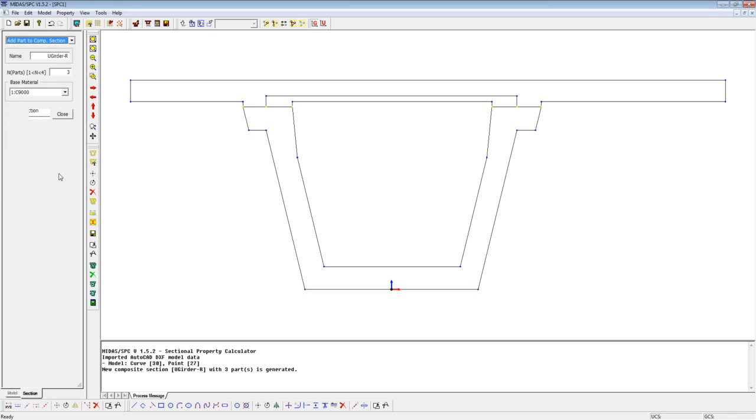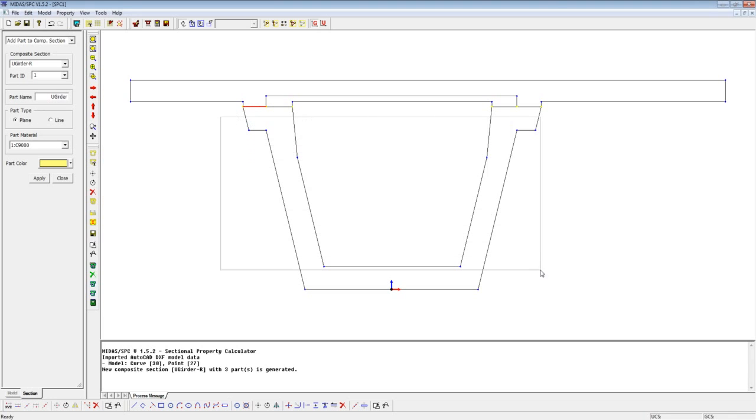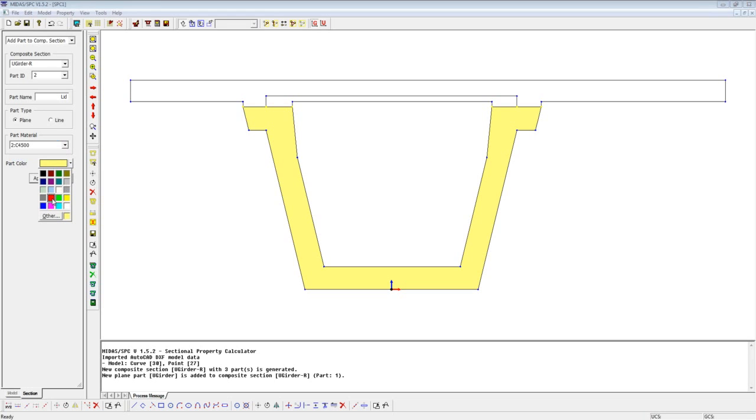Now I'll add a part to this composite section. So I'll say part 1. I'll call it Girder. I'll select plane. I'll select the material, and then I'll just select the geometry that defines this section. So I'll say this, press on the control button, and I'll click all the edges. So I have this member that will be the top section. So I'll say apply. Then I'll add the second part to it, and I'll call it lid, and this material will be C45. Let me choose a different color,